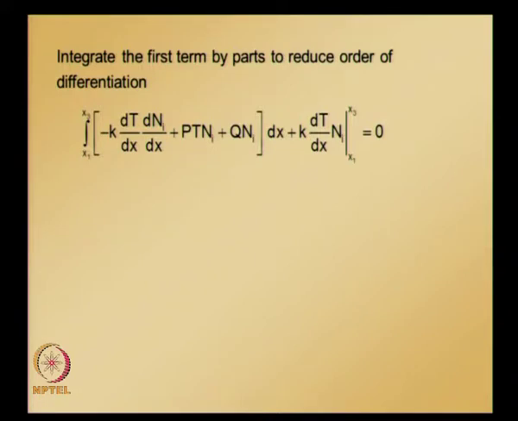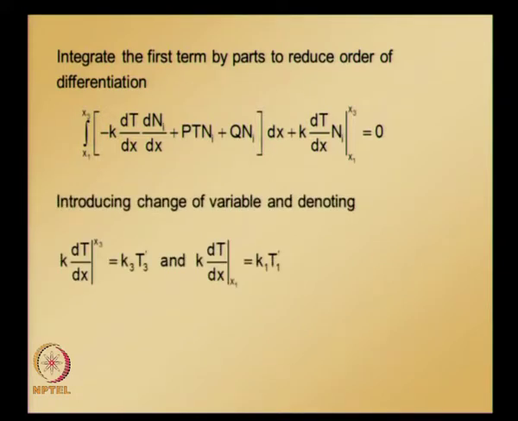Now, introducing a change of variables, because we need to change the limits of integration from x1 to x2 to -1 to 1. Denoting k times the first derivative of T with respect to x evaluated at x3 as K3 T3 prime, and k times the first derivative of T with respect to x evaluated at x equal to x1 as K1 T1 prime,